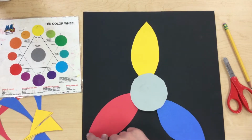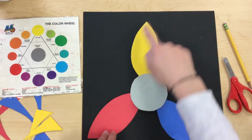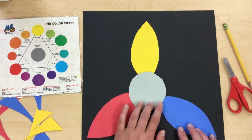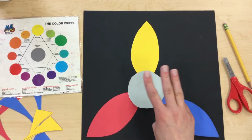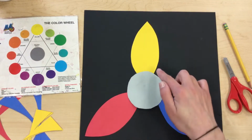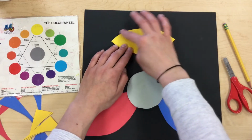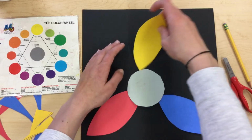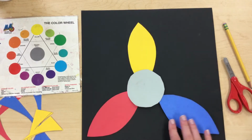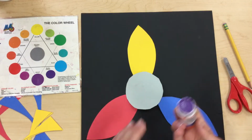And if I were to draw an imaginary line from each corner of my petals, I would make that triangle shape. So, boys and girls, you are going to pick your 3 primary colors first, red, yellow, and blue. You are going to draw your ellipse shape, rainbow curve, flip it over, rainbow curve. You will then cut out your shapes third, and then put them on your paper, glue them down fourth. I am going to have you use a glue stick today, so remember,